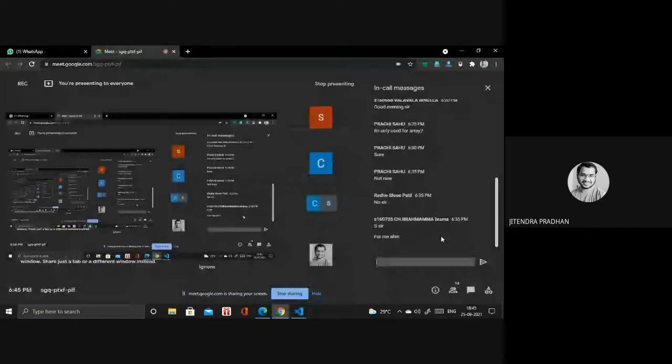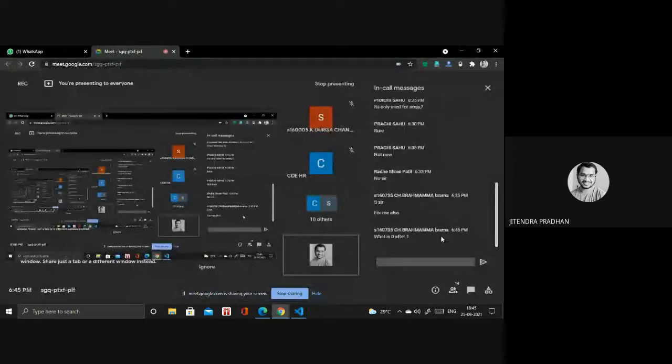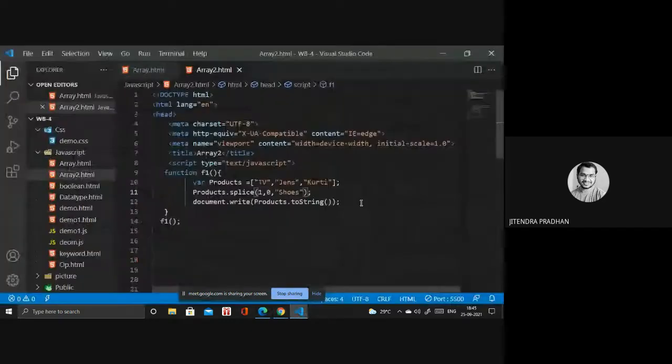Anyone have any doubt? What is the use of zero after one? So basically, with zero, what is the number? Like in this number you want to add something. I will show you. Have you seen that? We have the syntax of that. We have the start number, okay, and delete count, like how many you want to delete. Inside you have to write the number. Okay, this is the syntax.